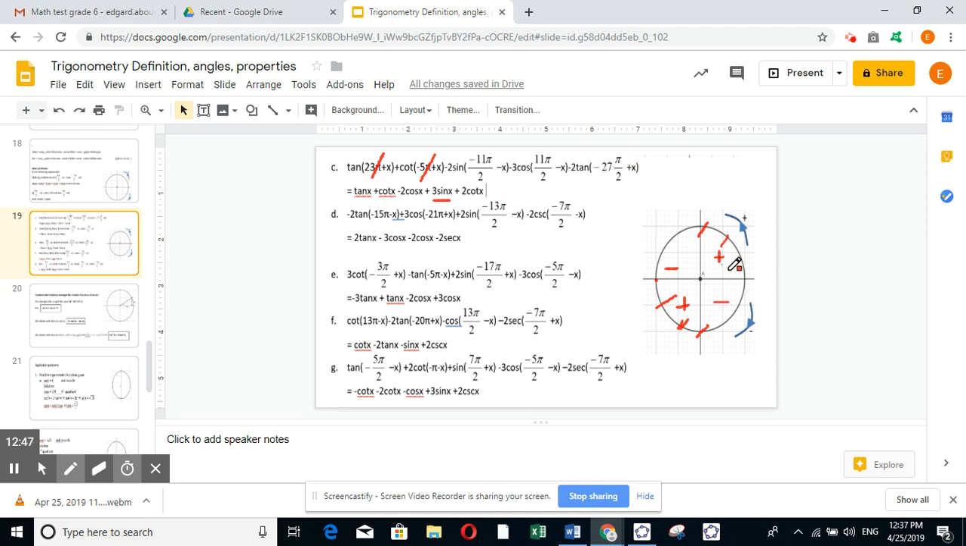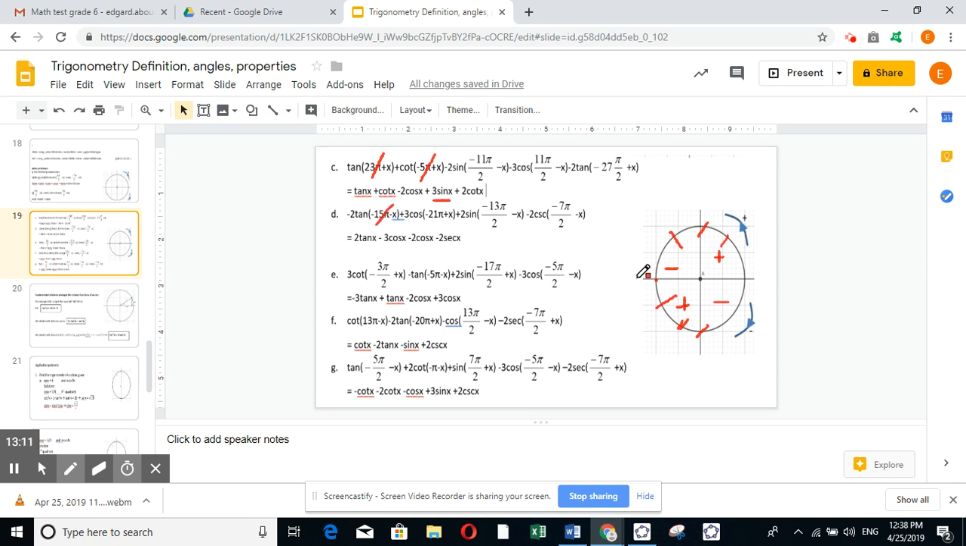I have minus 27. So I move backward. Multiple of 4 of pi over 2. So 24 is a multiple of 4. 24, minus 25, minus 26, minus 27. Then I have a plus x. I move counterclockwise. So here tangent is minus and minus, it will be positive. Another example,